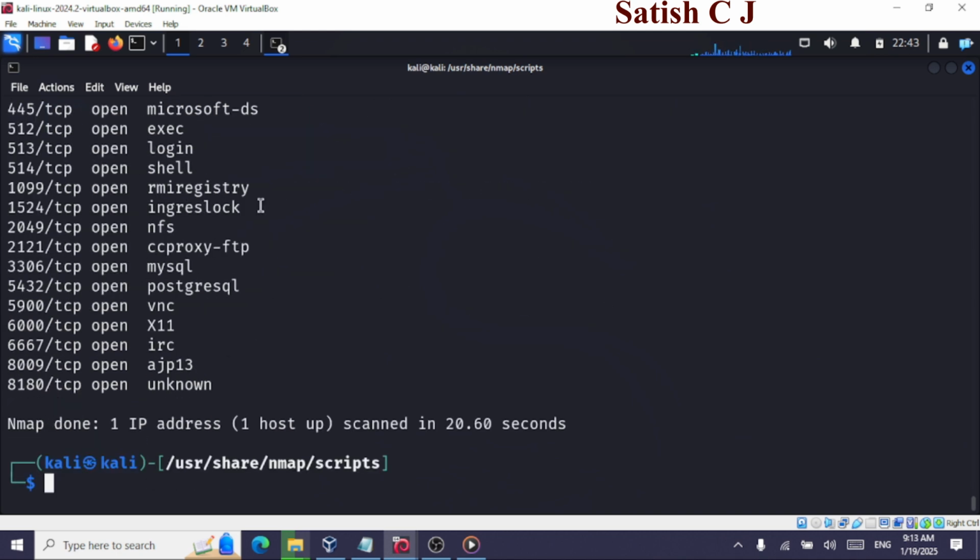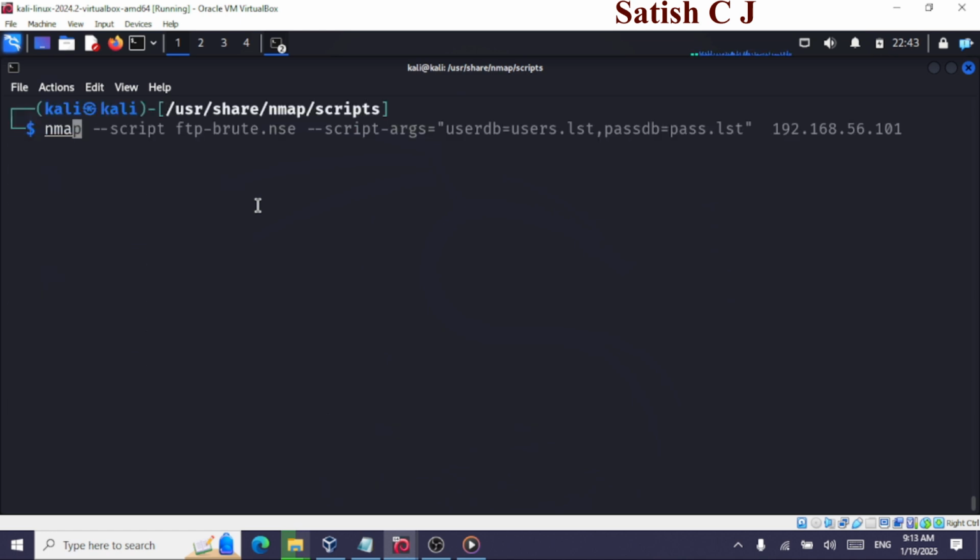We can also perform SSH commands. Let's see how to perform SSH brute force attack on a victim. So we know SSH, the port number is 22. Let's use the Nmap scripts for that. So for this, the script I'm going to use is